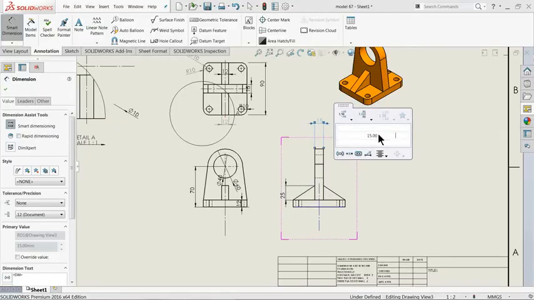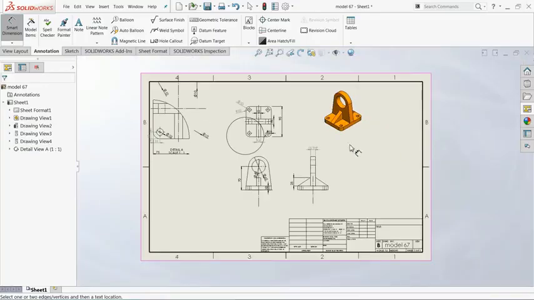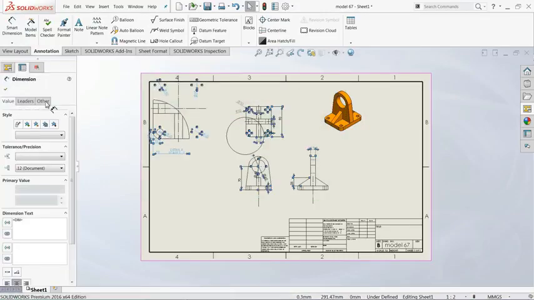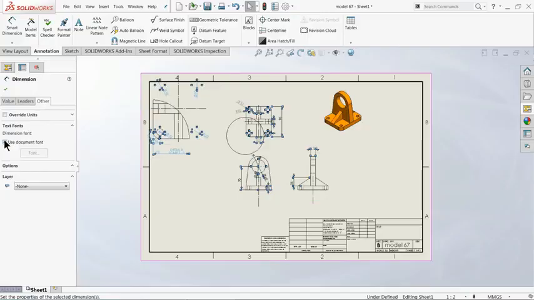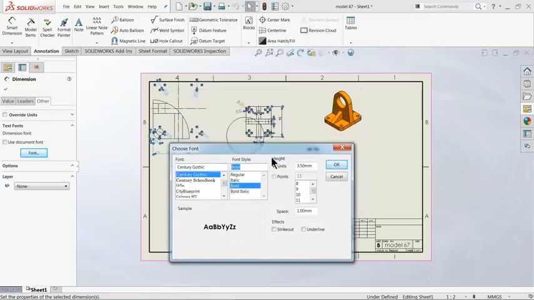You can click here and type a typical dimension. Now if you want to change the dimension text, go to Other, use font, uncheck it, and from here we can change the size and font style, everything. So I'll keep bold size, I feel that's better, or if you like you can make it 4 millimeter, but bold is enough.